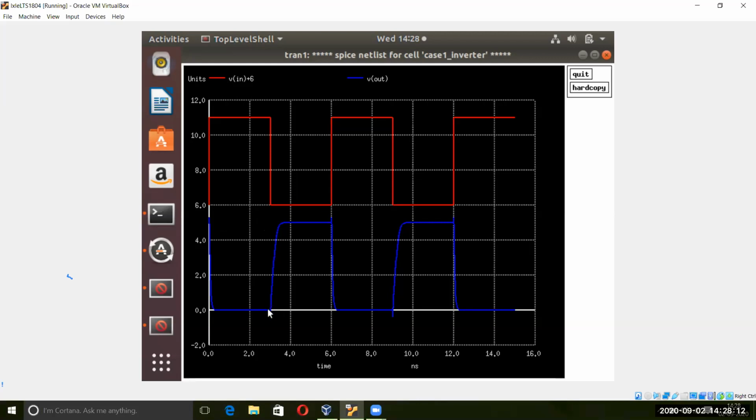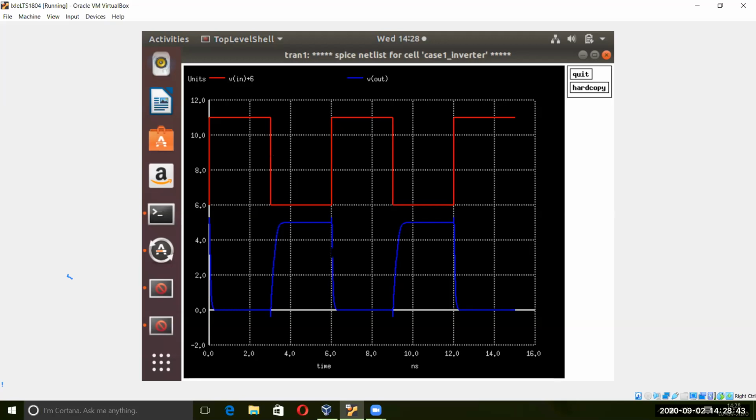That means this is TPLH. So from 50% of the red curve to 50% of the blue, you are getting that 140 picosecond. Next, at 6 nanosecond, the blue one is going from high to low. This is TPHL, propagation delay high to low.